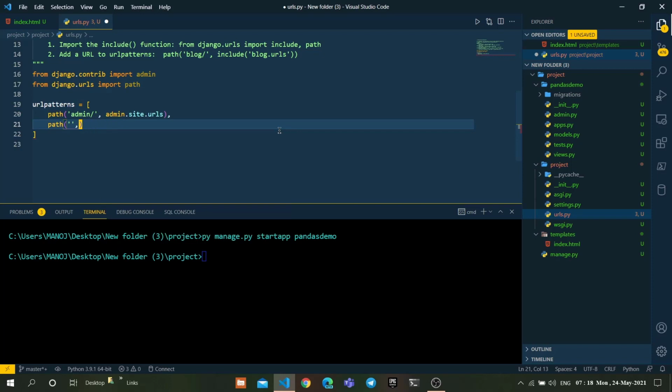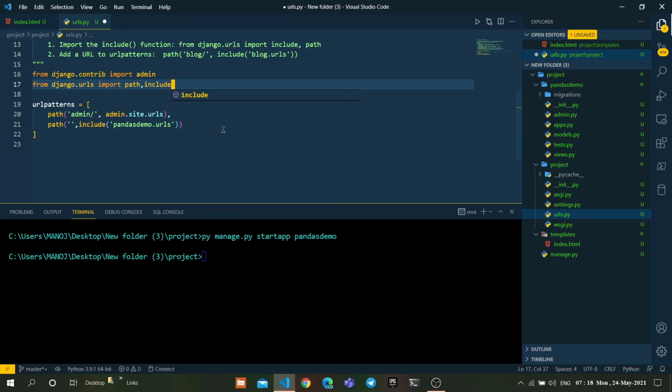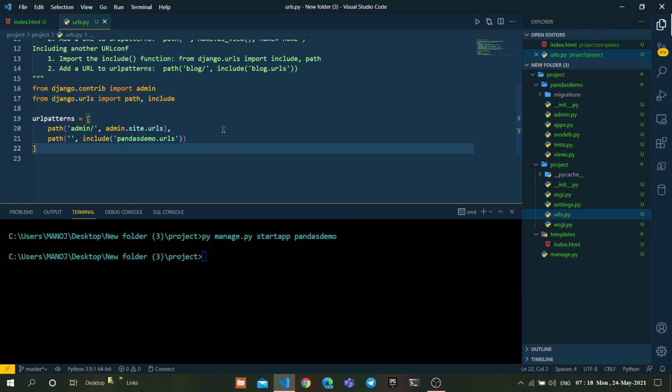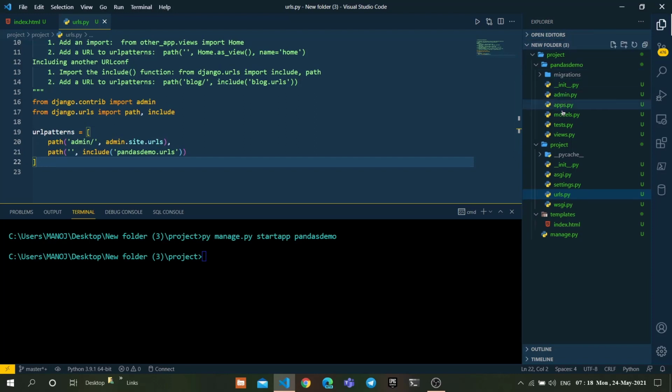This time, I'm using the include function, include of pandasdemo.urls. Make sure you also import include. So we have configured the main URLs.